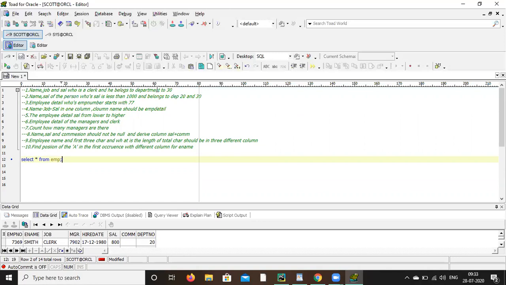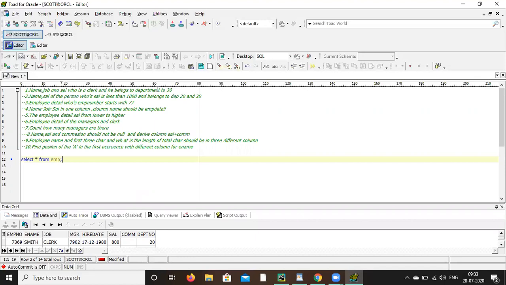Clear? Next one, I want name and salary column only of the person whose salary is less than 1,000, and he should belong to department 20 and 30. Now, next one is I want employee details, means all the columns, whose employee number starts with 77.